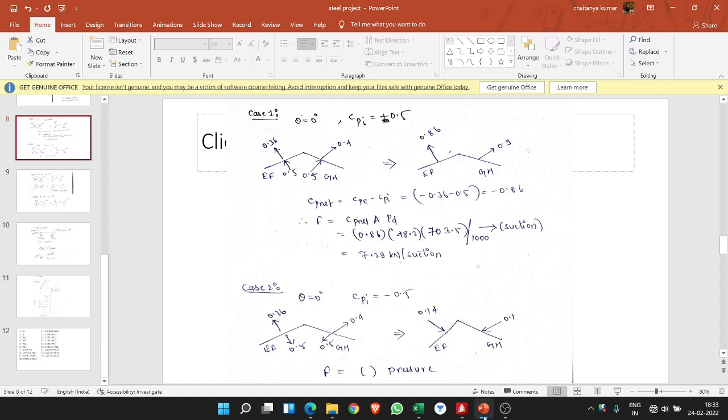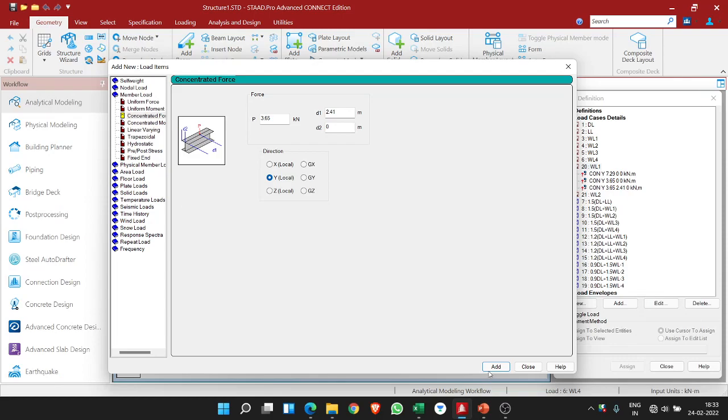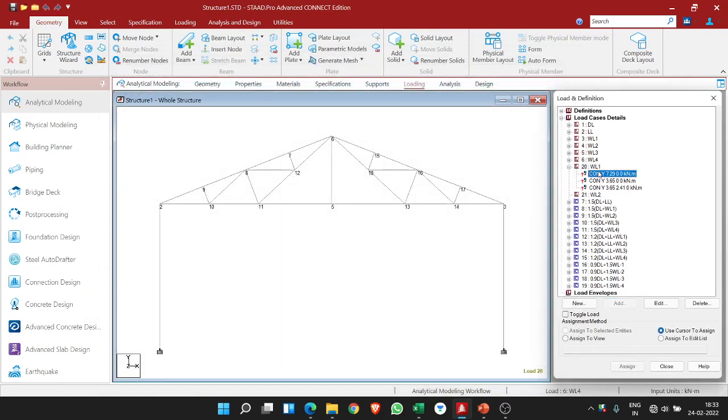CP net. For GH side also we have to do like this, it is 0.9. So similarly you have to add, get the force with the help of that, and you have to do it. So let's close it. Wind load for W1. Now let's